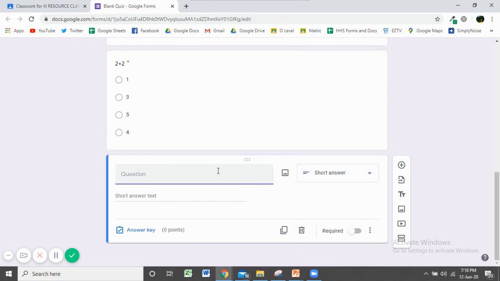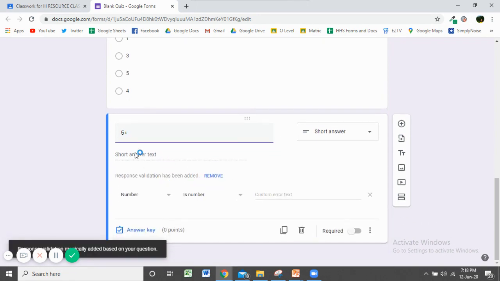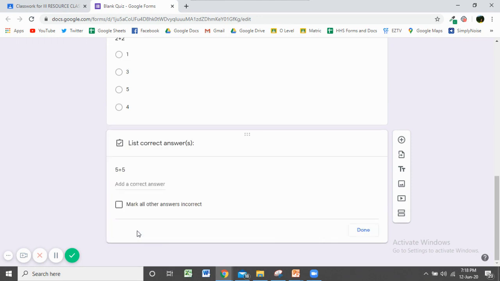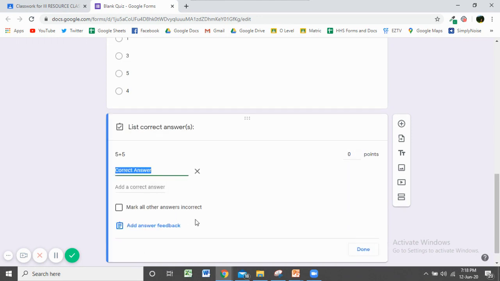In this, you will ask, for example, something similar, 5 plus 5, and you want them to be able to type out 10 over here. Now, when you put in your answer key, you will put in 10 as the correct answer, but you have to be mindful of the fact that